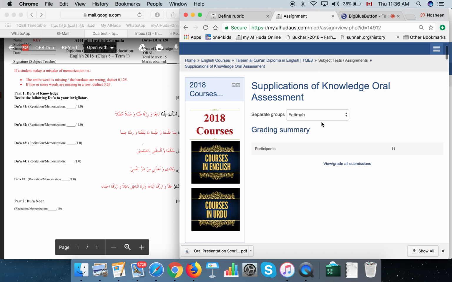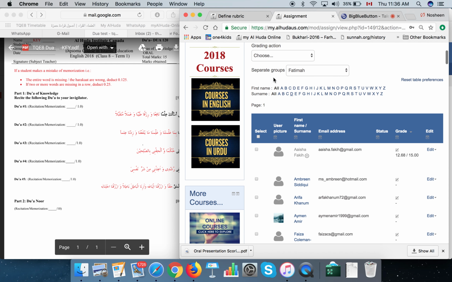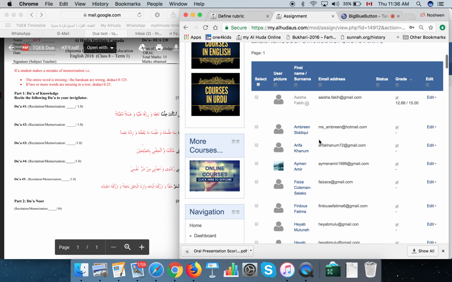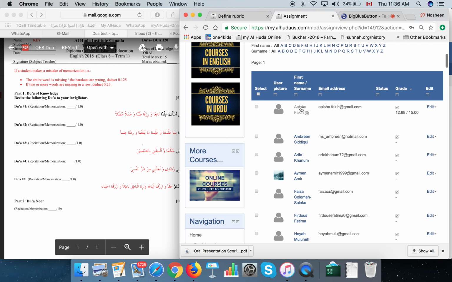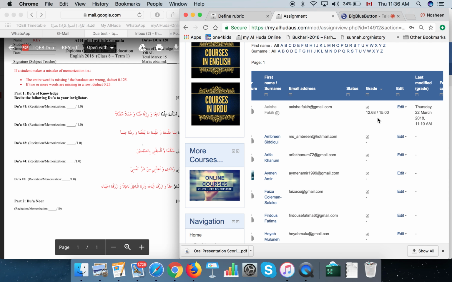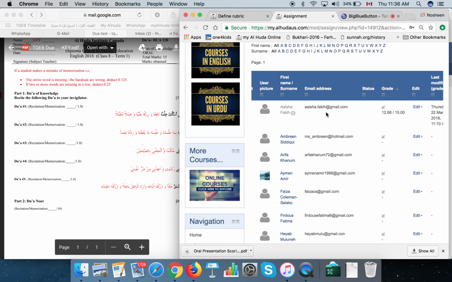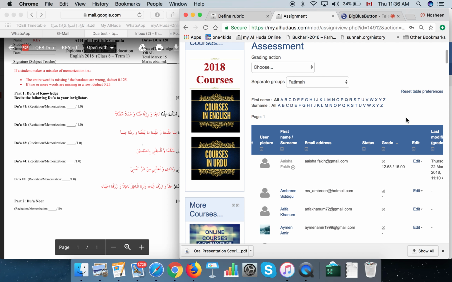Once you're in, you'll select your group. If you do not select your group, you'll probably see all of them here, or you might directly just see your own group. So you select your group, otherwise you'll see all the students here, and view/grade. Only group Fatima will show up here in the list. All group Fatima students are here. And Aisha Faki has dropped, so I will just use her login. I have been testing already, so I'll use her grading sheet